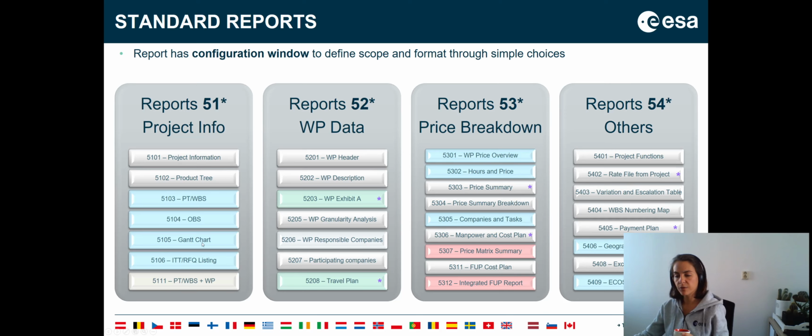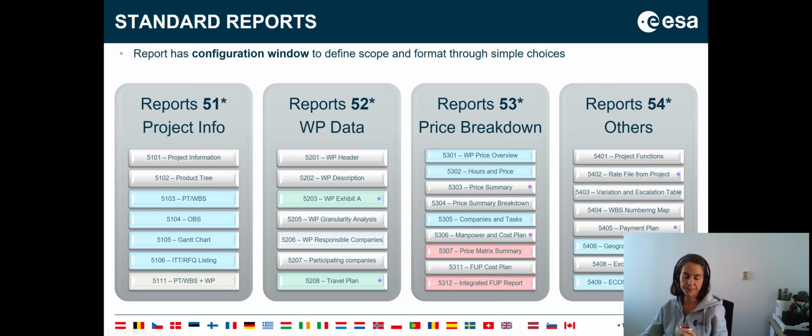You can have a view on your Gantt charts produced with your start dates and end dates. Have a look at the ITT listing of your ECOS file. You can also, at price level, have a price breakdown per work packages, or at WBS level, you can have some tasks definitions,